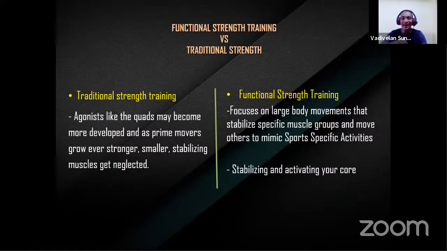If the quad performs in a well-executed manner, the quad needs to be stabilized somewhere. If the stabilizers are weak, however strong this quad may be, the action will not be executed, because it's not stabilized properly. So in isolated or traditional strength training, we are lacking strength, especially for the small muscles which stabilize the larger muscle during the movement. Functional training is not just a functional assistant; it is a way of thinking of movement, and it is definitely going to help the stabilizer as well as the prime mover.